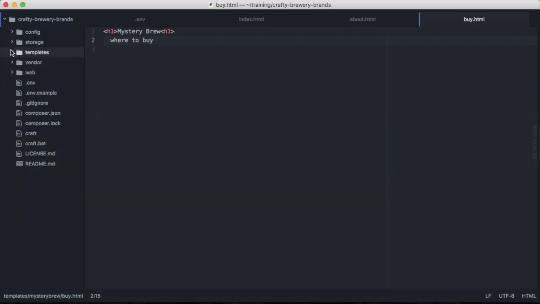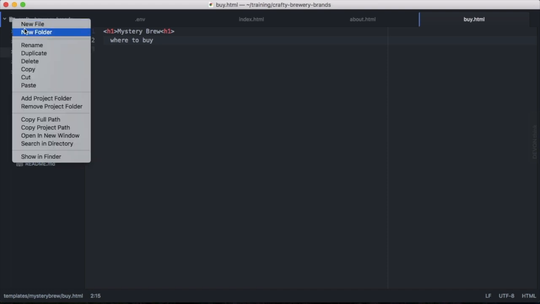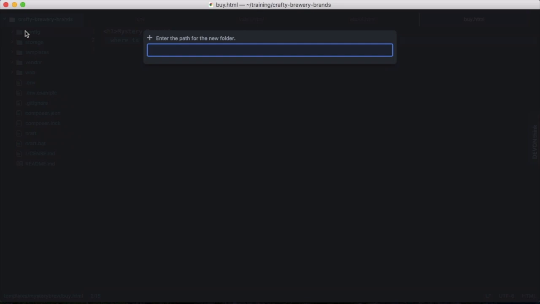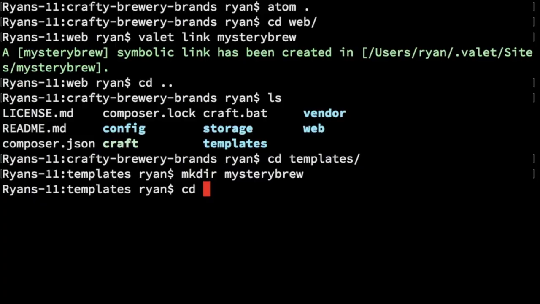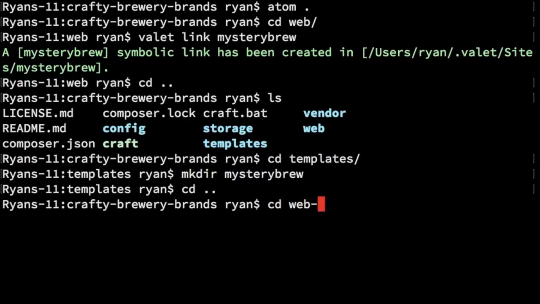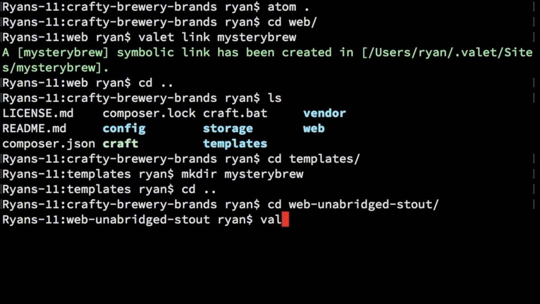So the first thing we want to do is create a new web directory. So I'm just going to create it at the project root alongside the other web directory, and we'll call this web unabridged stout. And unabridged stout is the new branded site we're going to create. So web unabridged stout, and let's go ahead and link this up to my web server. So if I back up here and I go to in web unabridged stout, we'll say valet link